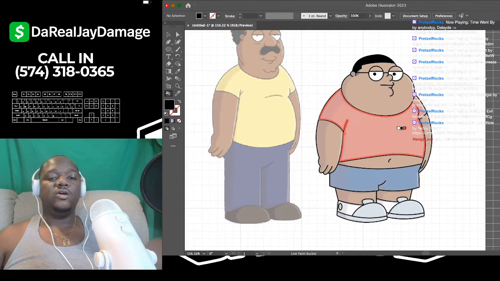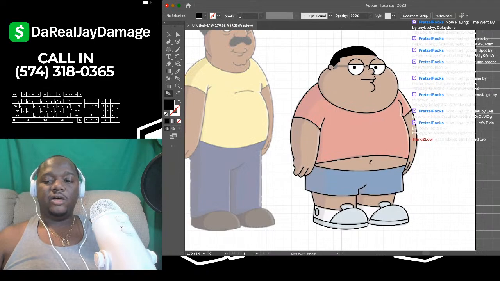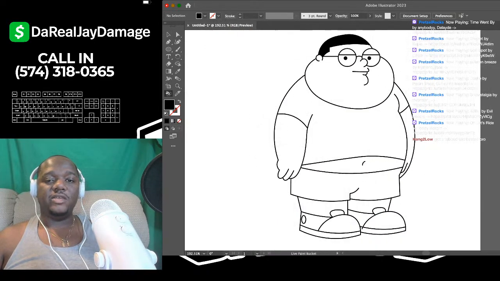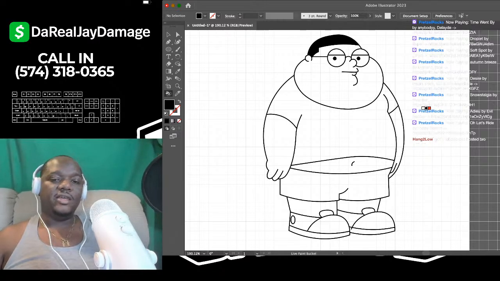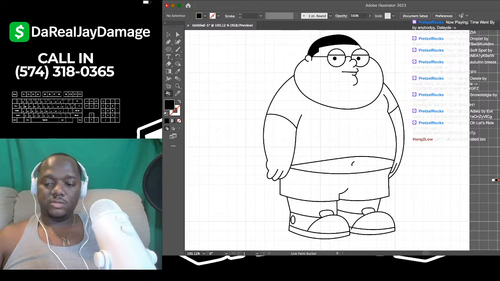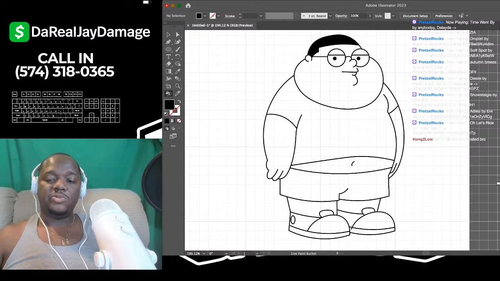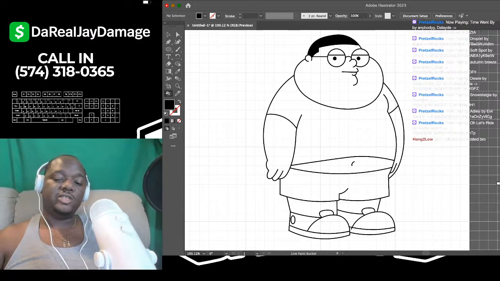Now you can go ahead and add shadows and highlights to whatever part of the design you want. But like I said, for this design, I would not be adding anything. But as a bonus, I'll add some color to it, just so I could show y'all what this looks like once you have some color. So what I'm gonna do on this project is double click the layer that we created when you originally started the design, which is layer 1. On the bottom right hand corner, go to layer 1 and double click it. Boom.